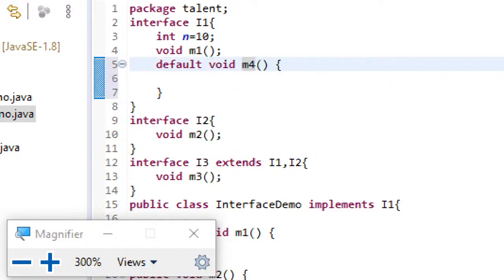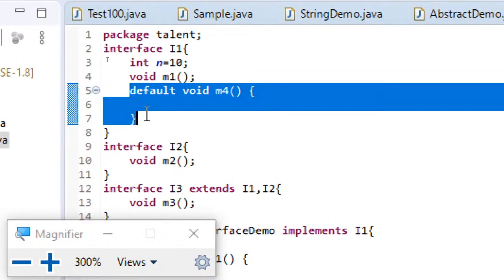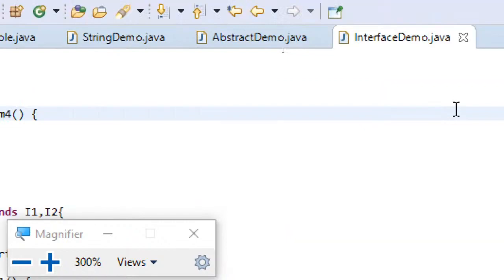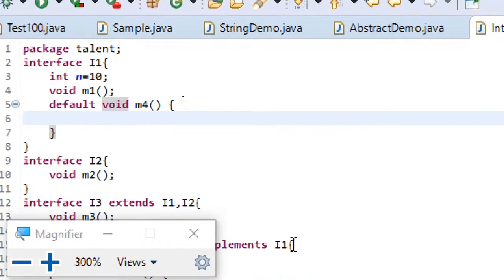Now you can see there is no error. So default, a method. The default word we have to use only within interfaces, because when you don't use any specifier, it is treated to be default. Other than that, we will not be using the default word. But within interfaces, I can use this default word.